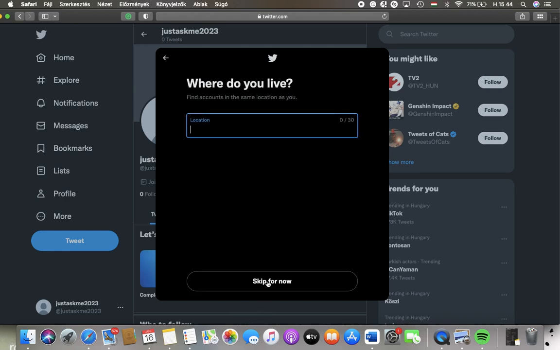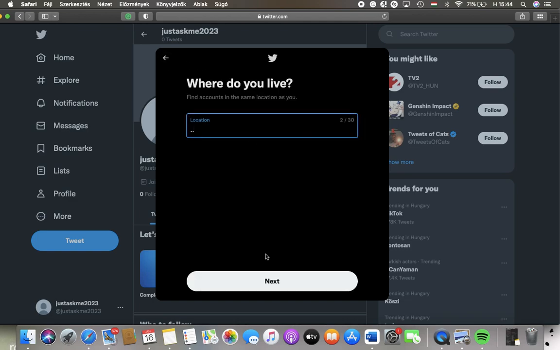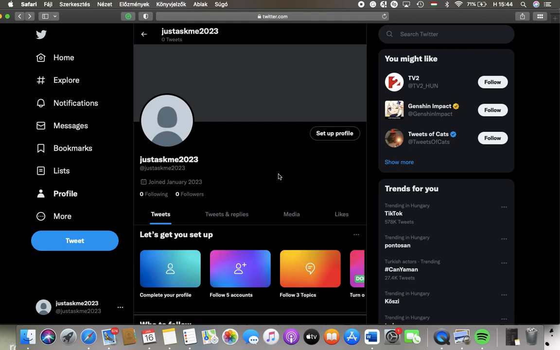Down below you can add your location, so your city or town, and as you can see, your profile has been updated. So tap on the See Profile button and you will be able to see the changes that you